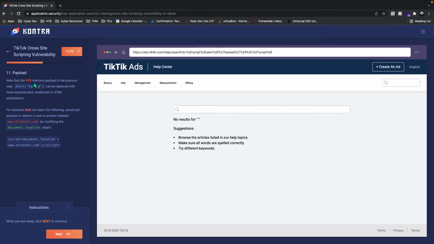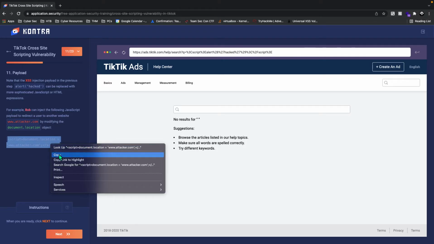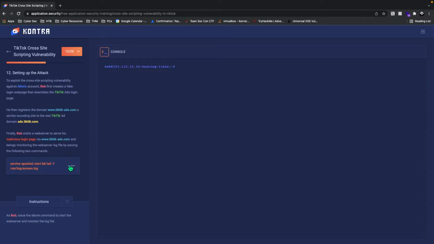Note that the XSS injection payload in the previous step, alert hacked, can be replaced with more sophisticated JavaScript or HTML expressions. For example, Bob can inject the following JavaScript payload to redirect the user to another website by modifying the document location object. So we can just hit next. To exploit the cross-site scripting vulnerability against